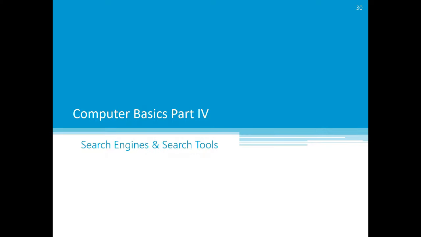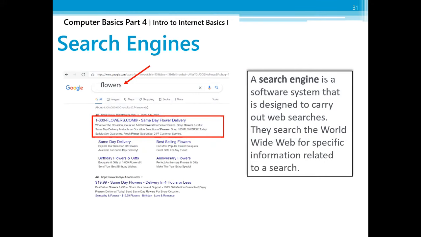Search engines and search tools. A search engine is a software system that is designed to carry out web searches. They search the World Wide Web for specific information related to a search. Here we have an example of a search that I typed in for flowers. You've got 1-800-Flowers.com, the top link that came up. My example is clicking on that hyperlink,